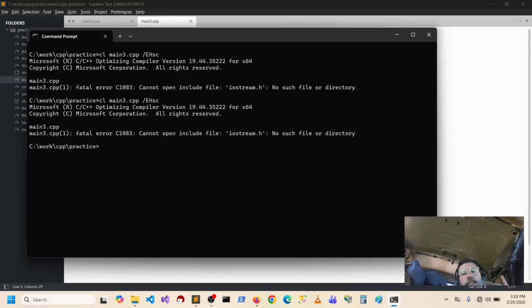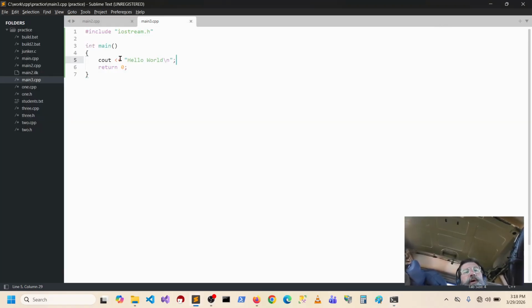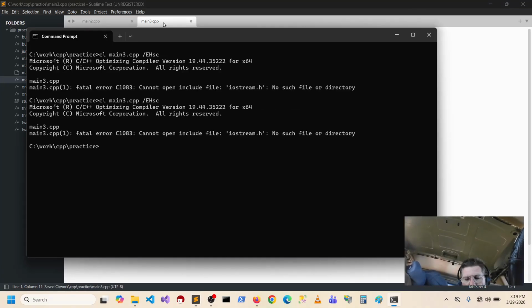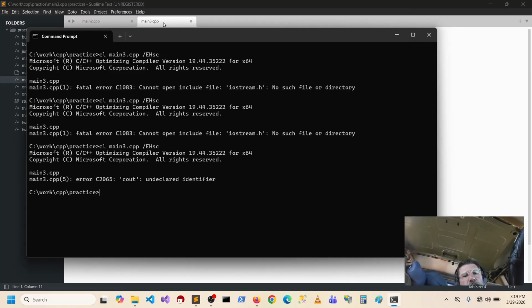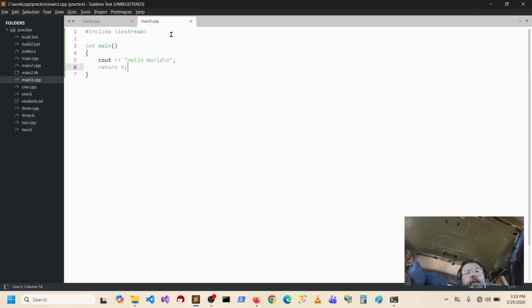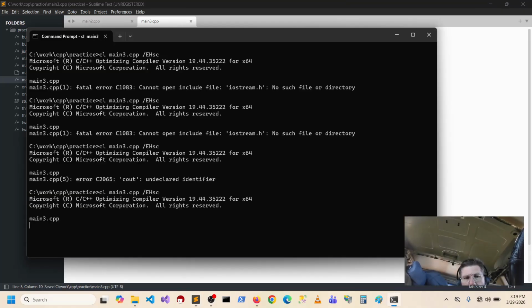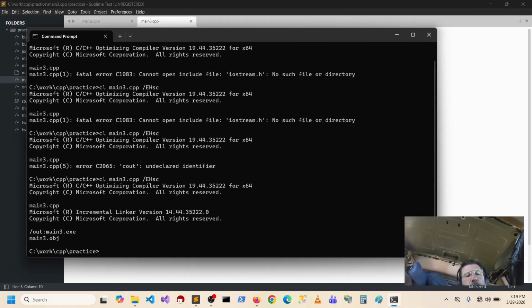So, and then if I do this, then we'll get an error because I didn't use the namespace here. Yay.